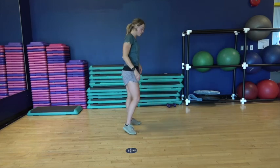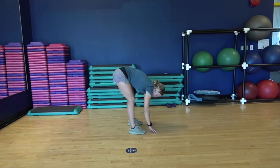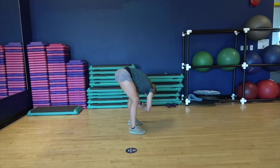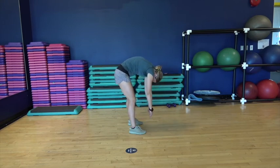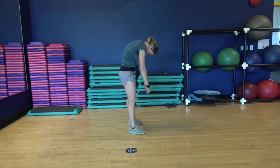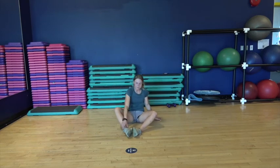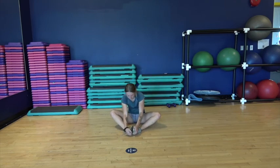We're just gonna do a nice forward fold, bringing our hands to the ground if we can. If you need to bend, that's okay. We're gonna stretch out those hammies, wiggling our little bums. You can grab each elbow and rock from side to side. And then we're going to slowly roll up vertebrae by vertebrae. I'm going to get us to sit down quickly,